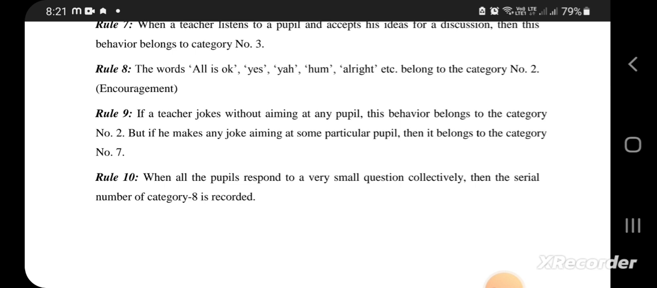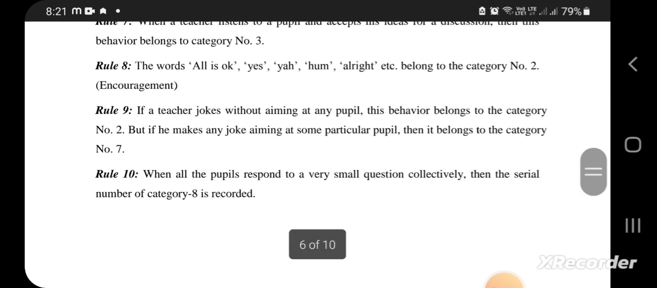Rule number 10. When all the pupils respond to a very small question collectively, then the serial number of category